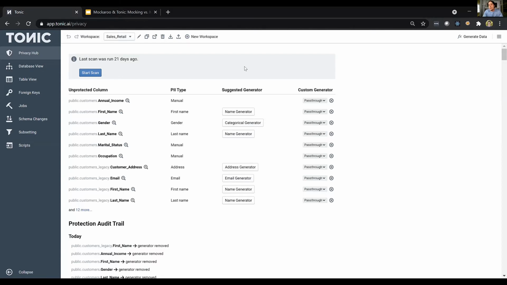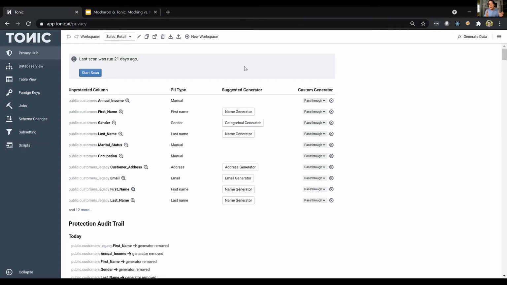And that's really important for our customers because most of our customers are connecting to Tonic with databases that have hundreds or thousands of tables or thousands or tens of thousands of columns. So they're really massive, complex schemas. And it's not really possible to know where all of the sensitive information is. So as a way to bootstrap our customers and to make the experience more enjoyable, we scan the database first and tell you where all of the sensitive information is.